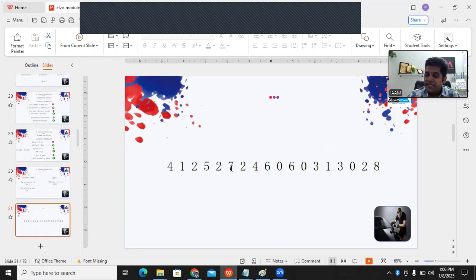52 weeks. Each week has 7 days. Every day has 24 hours. Every hour has 60 minutes. Every minute has 60 seconds. Some months are of 31 days, some are of 30, and some are of 28. So this is just to tell them how you can structure your information so that you can remember it for a long time. How can you use main keywords in your conversation or highlight them so that it is easy for the person in front to remember your message?